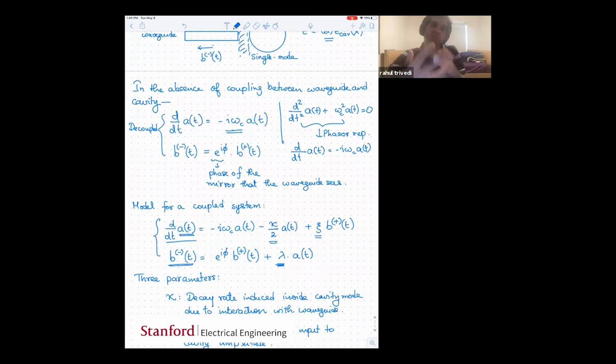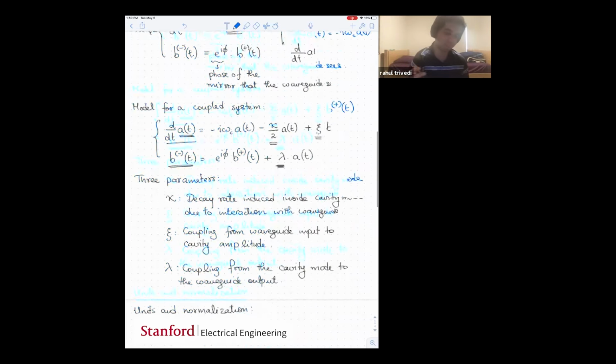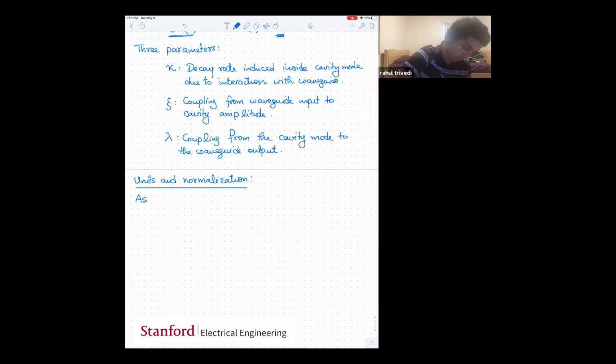So the actual electric field would require you to multiply these forward and backward propagating amplitudes with the forward and backward propagating modes, right? Of course I can choose the normalization of my electric field modes for the cavity modes and the waveguide modes as I like. But in this lecture, we are going to assume a power and an energy normalization, right? So we are going to assume that the cavity mode is normalized such that,